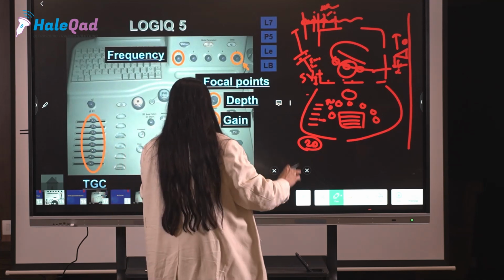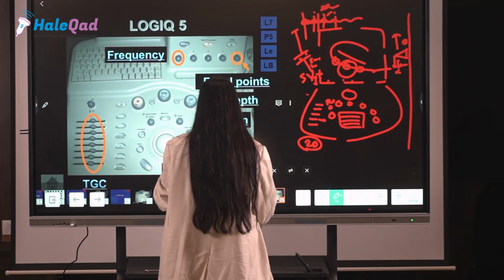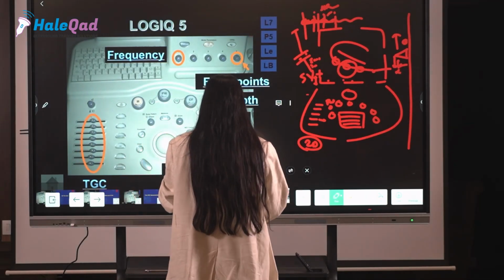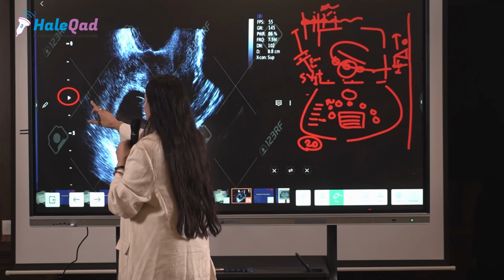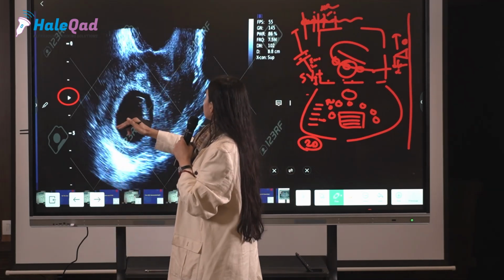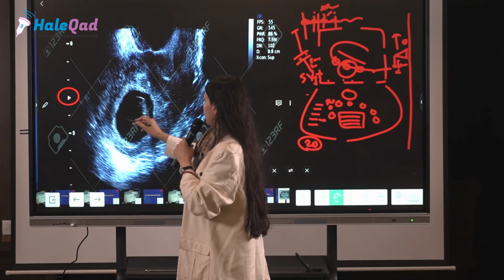So now everything is set, you have set your focal zones and points, everything is ready. This is how it looks on a real machine, working in a real 2D scan.